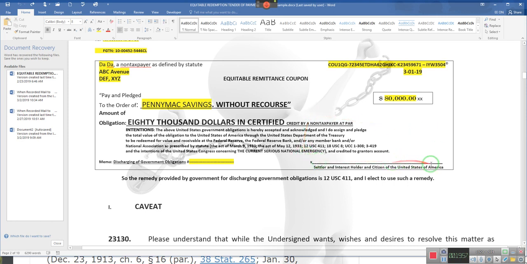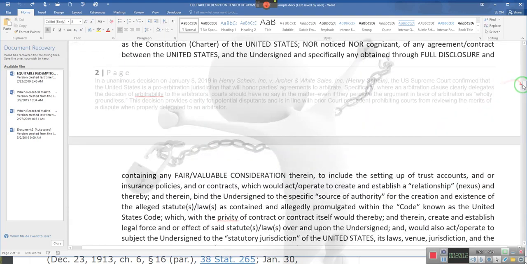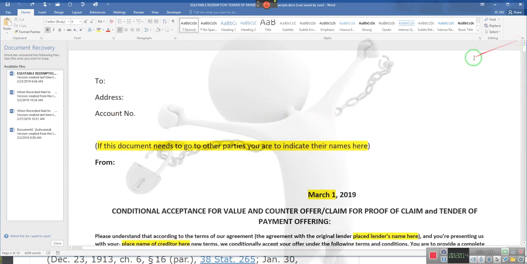The one you send to the original lender has to have an original signature. Now remember, you cannot send two of these out with two original signatures. You need to understand, you cannot send two of these out with two original signatures. The original you send to them, pay attention, this is going to have an original signature, and then when you send it to that bank with the original signature, you're going to put, watch this,